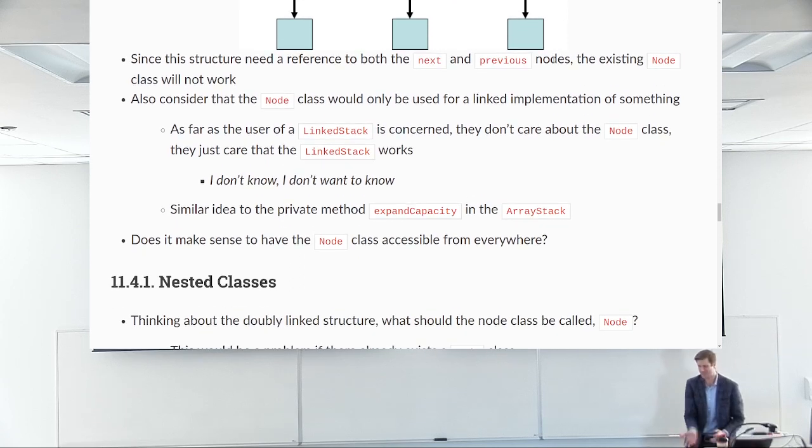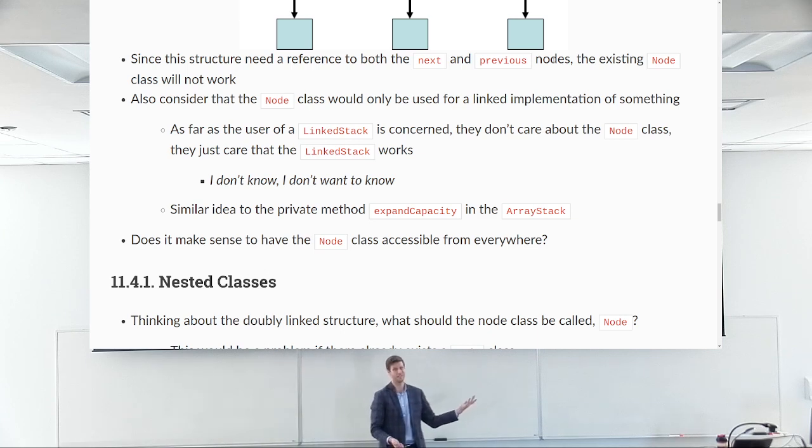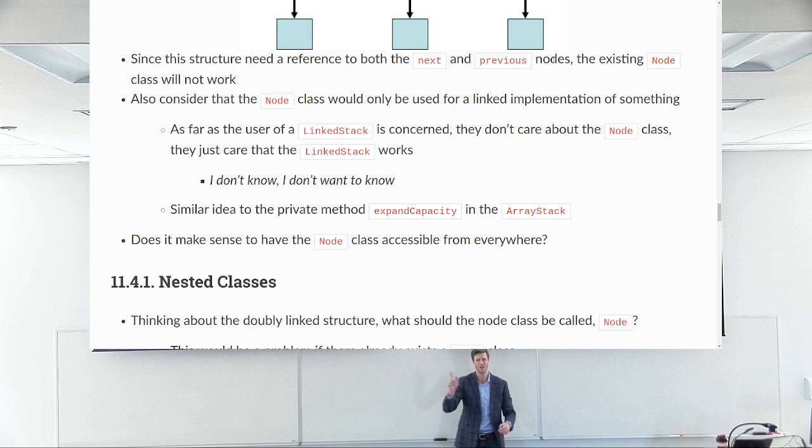So this is a similar idea to expand capacity, right? Where expand capacity was just a method. It was a private method that the array stack had, and same with the course class, the country catalog and the friends class. It was a private method that no one needed to know about, but it was an important method for the internal functioning of the class, right? So it existed within the class, but it didn't need to be known about elsewhere. But that was only a single method. Now we're talking about a whole class. This whole node class is important for the internal operations of a linked stack, but it's not important